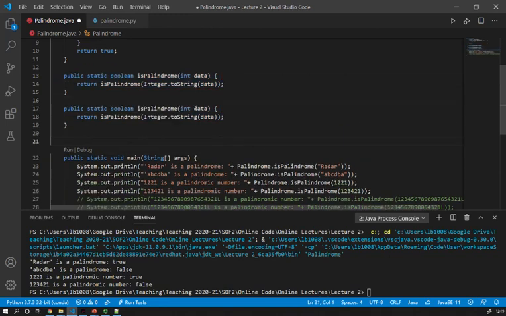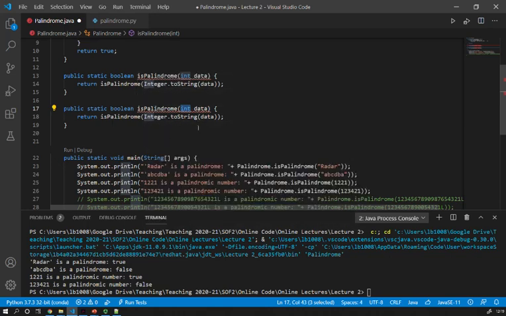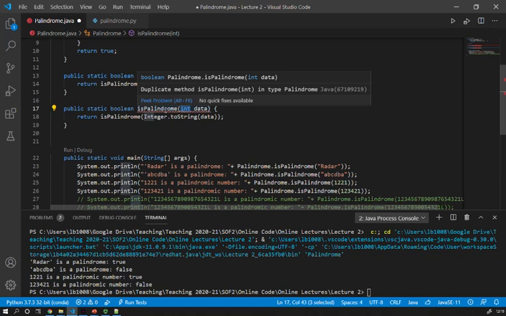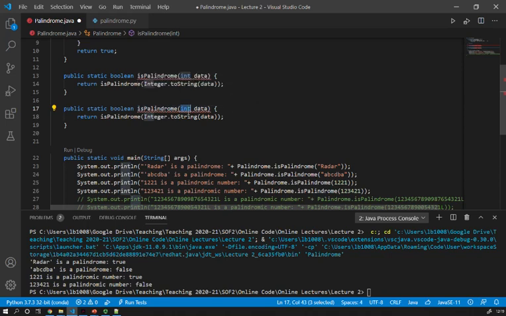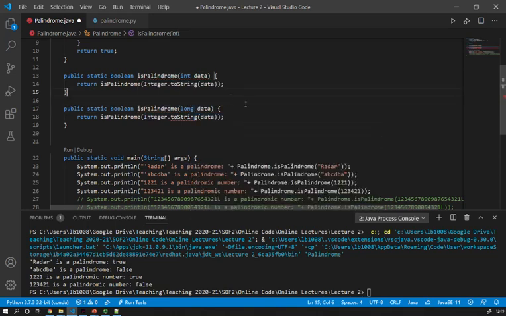And then instead of having an int, I need to have a long. You can see that if I have exactly the same signature between these two methods, I'm going to have a compilation error. So let's go over it. Here you can see that I've got a message from the editor telling me that I've got a duplicate method isPalindromeInt. As soon as I change that to the type long, that error is going to disappear.